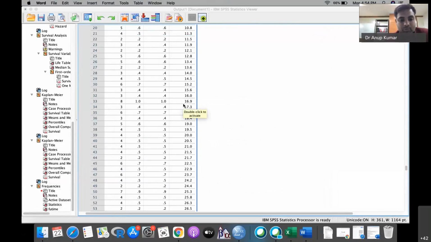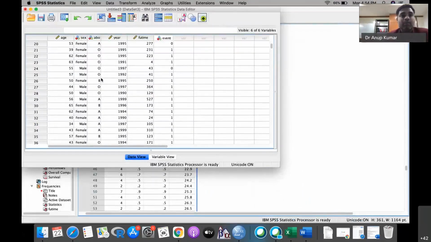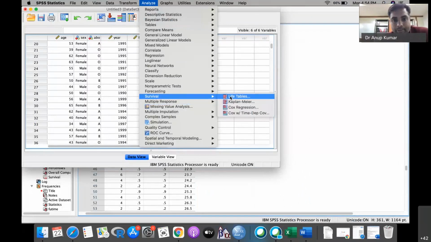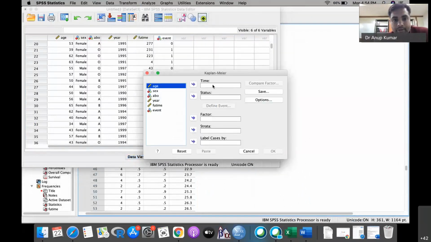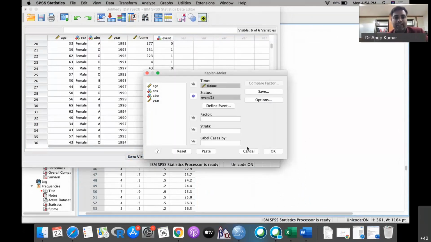so for this now, what we have to do, just go to the analyze and then go to the survival Kaplan-Meier, and then here the time variable we can keep it here, and the status variable, because we have coded it one, always try to code one as the event, and then we would like to see whether the blood group has something to do with this transplant.